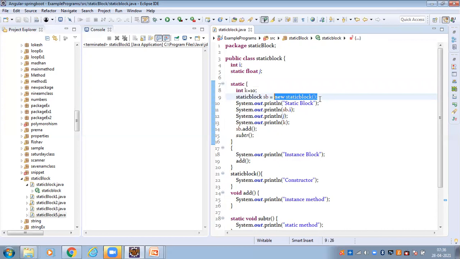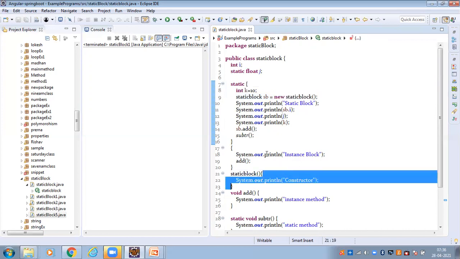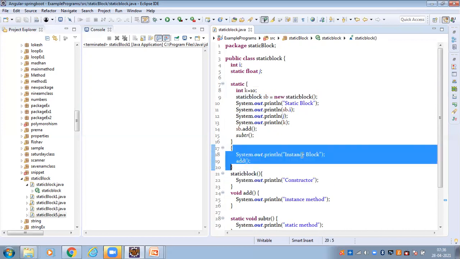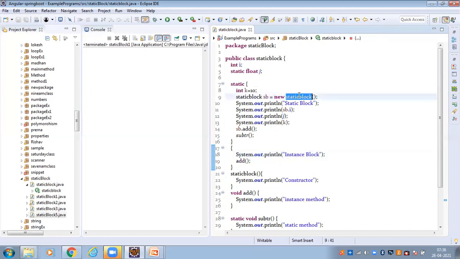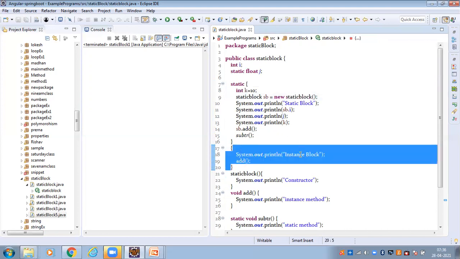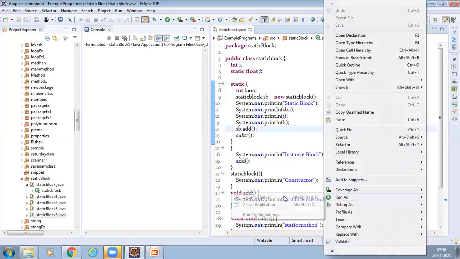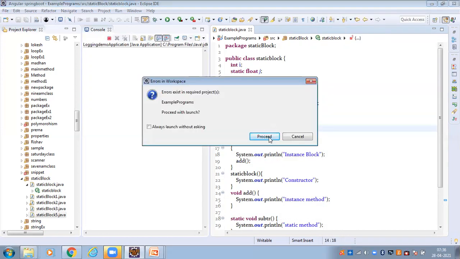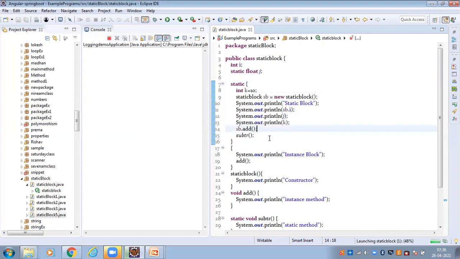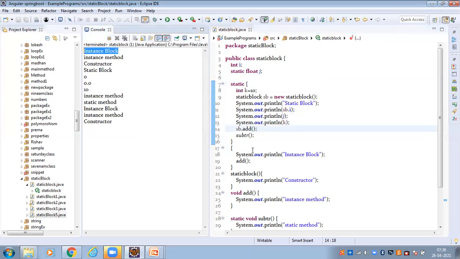During that object creation, what is happening? The constructor is executed. But before the constructor, instance block is executed. So instance block is first printed here.